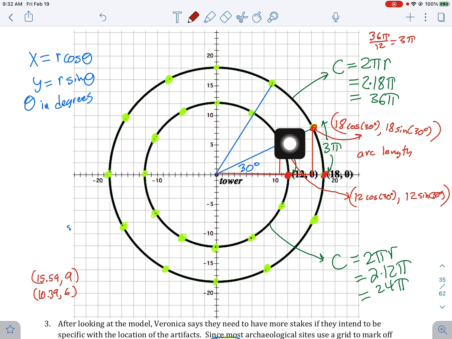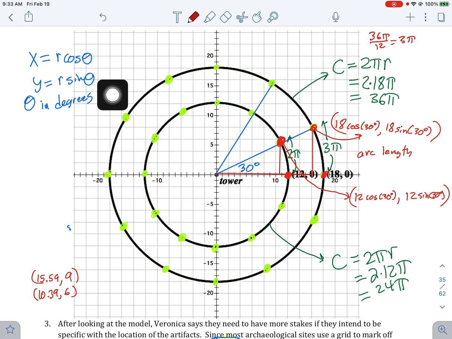Same thing over here with 12: circumference is 2 pi r, so circumference is 24 pi. So therefore the distance would be 24 pi divided by 12, or a 2 pi arc distance around the circle. Now, to find x and y points here